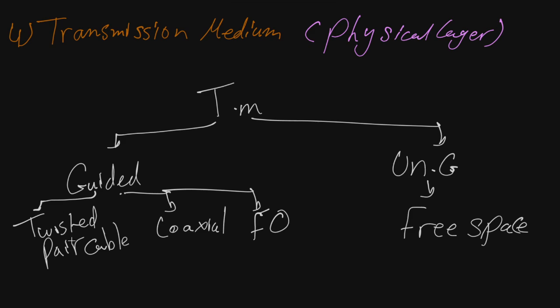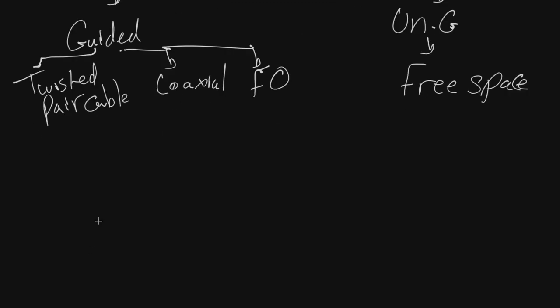So the twisted pair cable, as we know, is the one in our homes and the one in our Ethernet, having the name of UTP, unshielded twisted pair. The cable itself is of two lines. These two lines go around each other. Why do they go around each other? To remove the electromagnetic